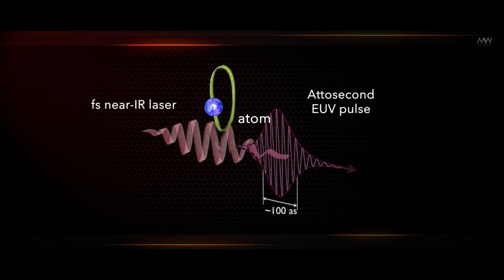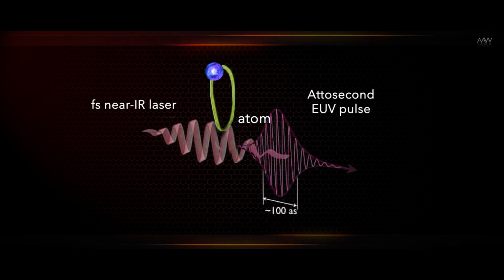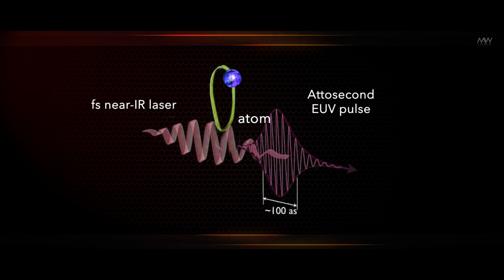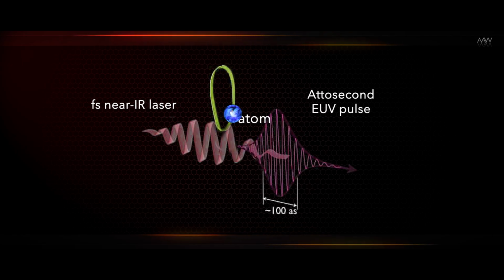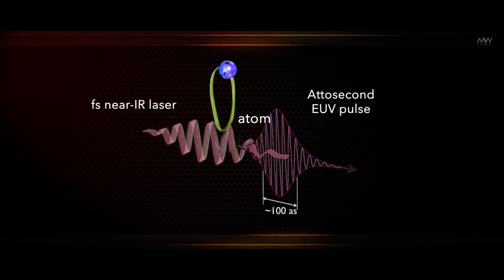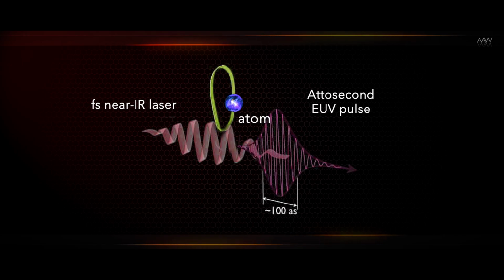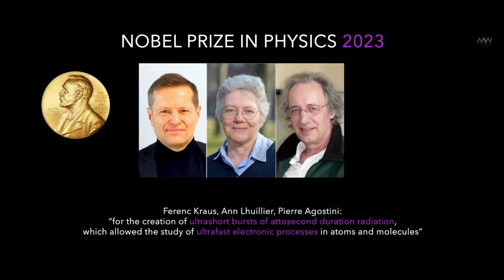That is, when we prepare it, we launch a powerful infrared flash into a cloud of atoms, and at the output, we get a powerful infrared flash plus ultra-short pulses that hit at the right moment. And further, this system, which nature has prepared itself, you can direct at your target and study, for example, what happens inside an atom when you excite the atom. That's what people won the Nobel Prize for 2 years ago. 3 physicists. They were really one of the pioneers. In the 80s and 90s, they developed gradually this technology, and in 2000, it started working.